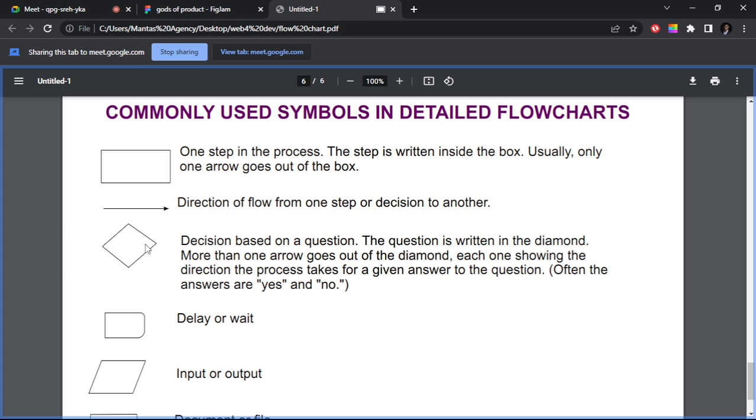The diamond is a decision-based shape. It always comes with a yes or no answer, and the question is always written inside the diamond. More than one arrow goes out of the diamond, each one showing the direction, the process it takes for the given answer. I just want you to know that the diamond will always have two arrows coming out of it, and those two arrows answer the yes or no question, where the question is inside the shape. So for instance,